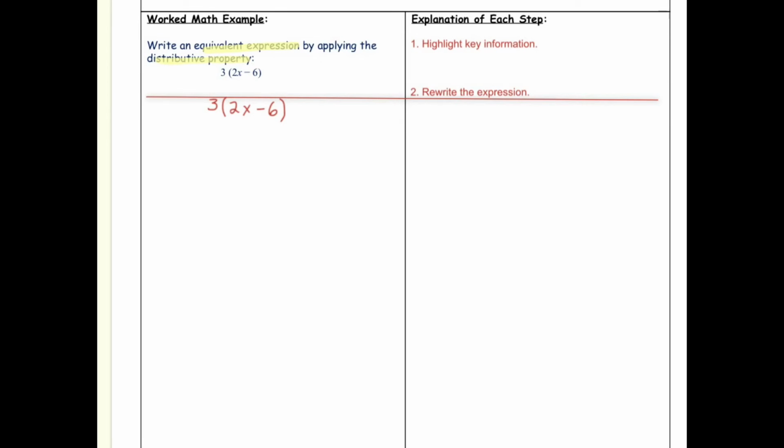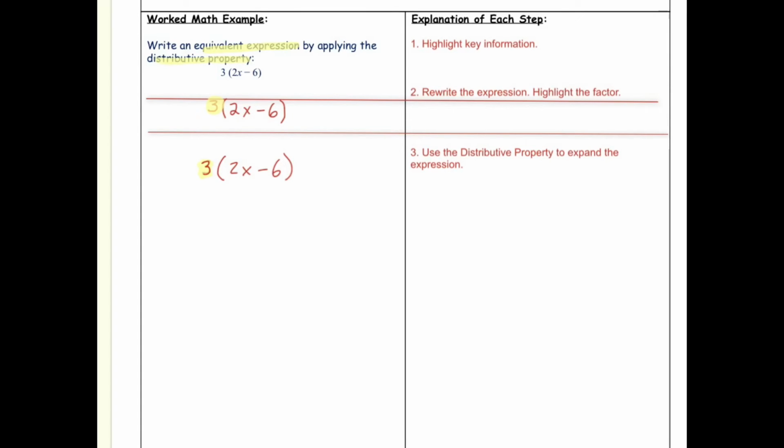Now I want you to highlight the factor. Okay, the factor is going to be our 3 that is outside. That is our factor, and we need to multiply by every single term inside the parentheses. Now I'm going to use the distributive property to expand the expression. So I'm going to multiply 3 times 2x. So 3 times 2x and 3 times